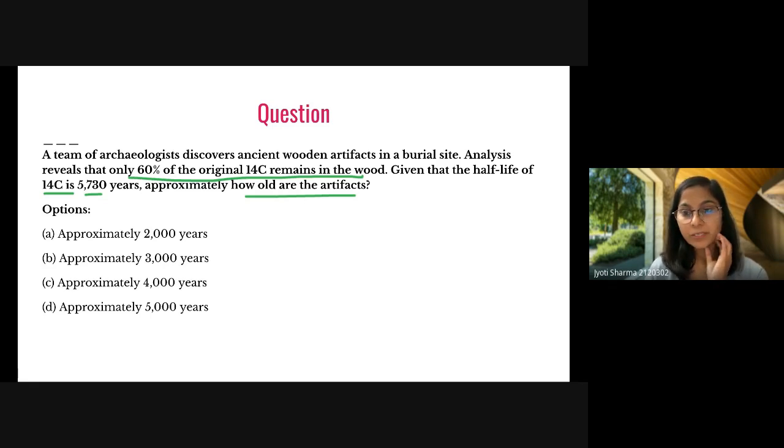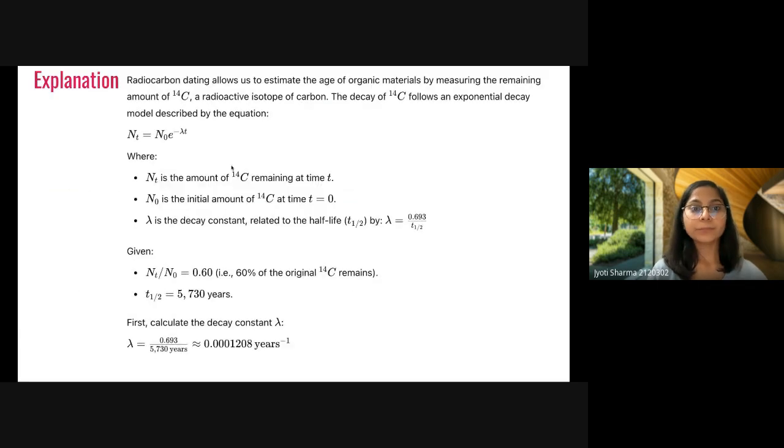First, you have the half life. Based on that half life, you will calculate the decay constant. If you have the decay constant, and you know initially we had 100%, right now you have just 60%, then we have a first order reaction, that is N is equal to N naught e raised to power minus lambda t, and lambda we already have calculated, that is the decay constant. And we know this is 60%, and N naught is equal to 100%. Initially it was 100%, and we need to calculate t only. So this is how we can solve this question. Very simple. So let me show you how we can do this.